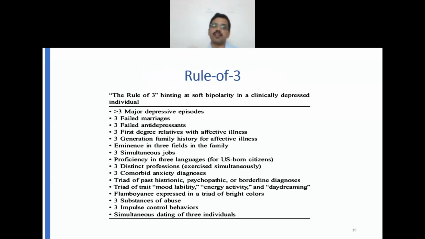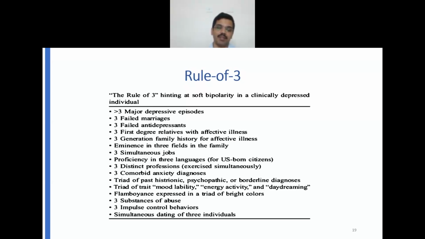Now, this is a very interesting rule of 3, hinting at soft bipolarity. So, according to this interesting proposition, if the patient has got 3 major depressive episodes with 3 failed antidepressants, with 3 first degree relatives with affective illness, and a 3 generation family pedigree positive for affective illness. Along with that, there are 3 failed marriages. There is a triad of 3 personality distortions, in the sense there will be histrionicity, psychopathic personality, and borderline diagnosis